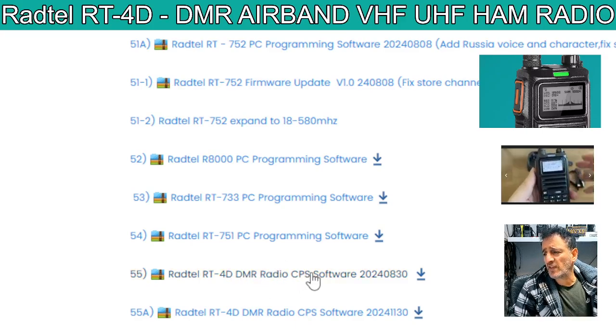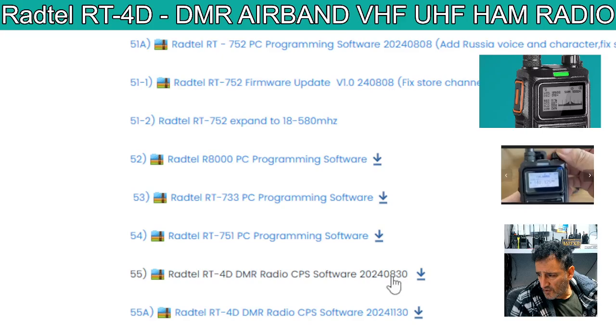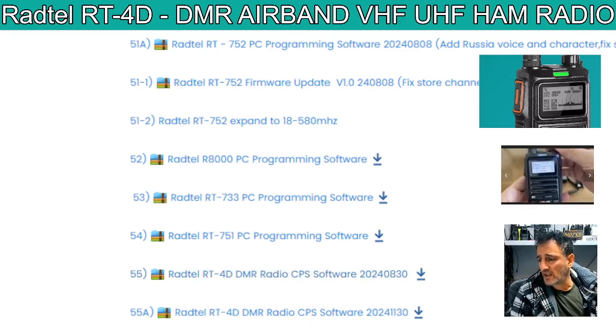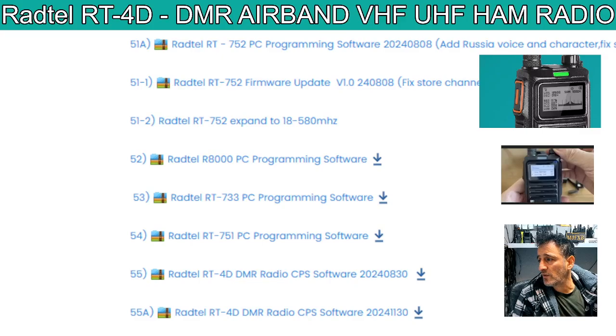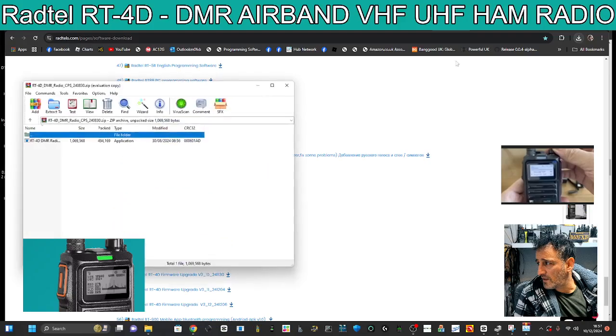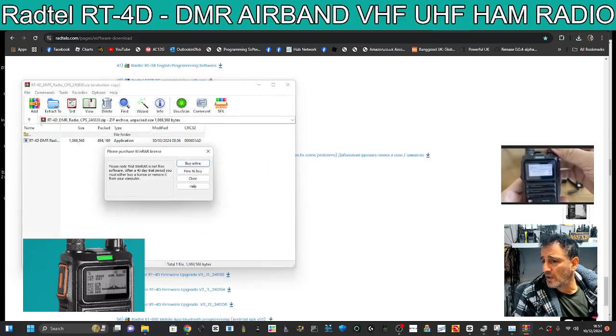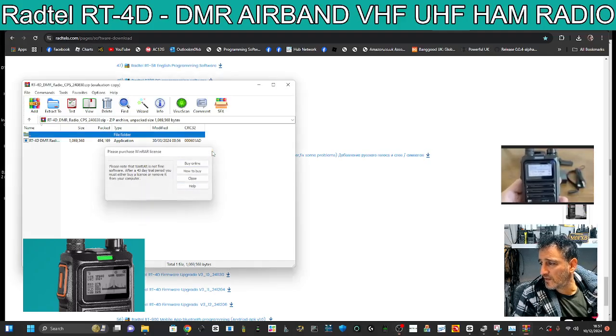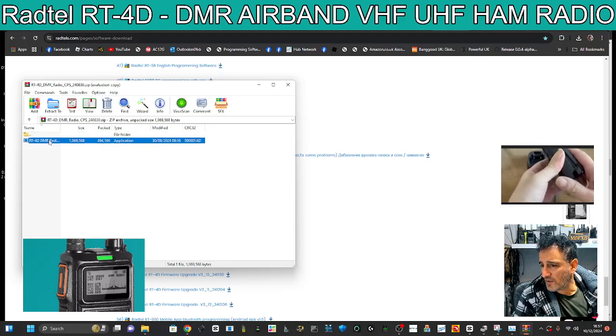It says here, DMR radio CPS software, and it ends 830. We're just going to click download. That's going to go to my download folder at the top. Just here, and then we'll hit the zip and get the usual warning message, and let's double click it